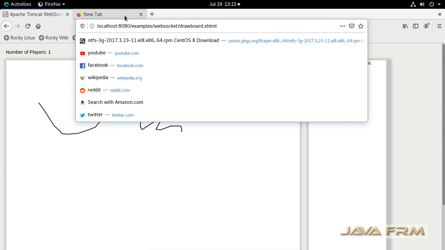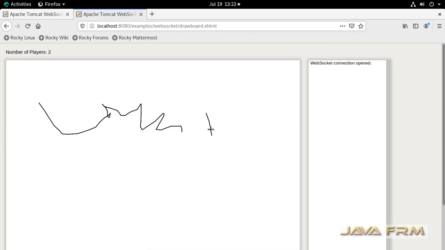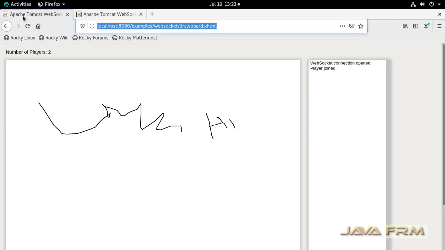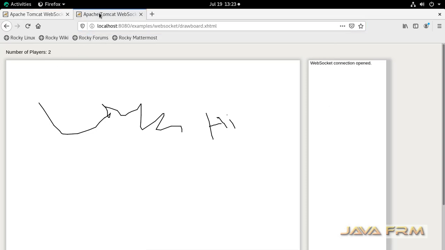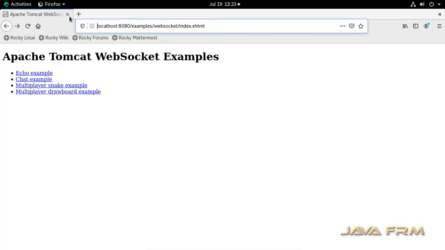I have opened two tabs and in both tabs I am running this program. You can see that in the second tab I am drawing this, and it will be reflected in the first one. Yes. Like this, many programs are bundled with Apache Tomcat 10, so you can try out all the examples.